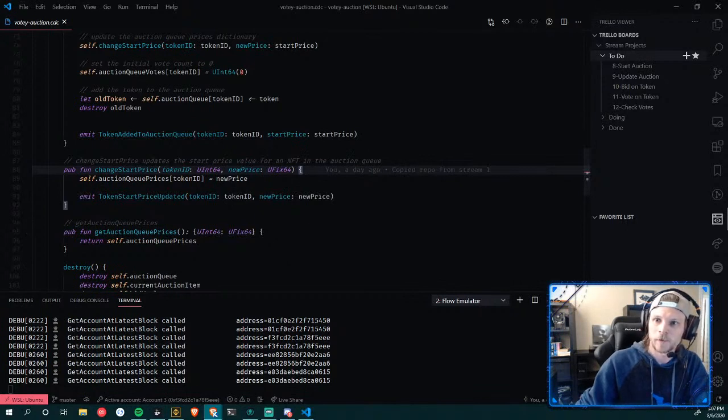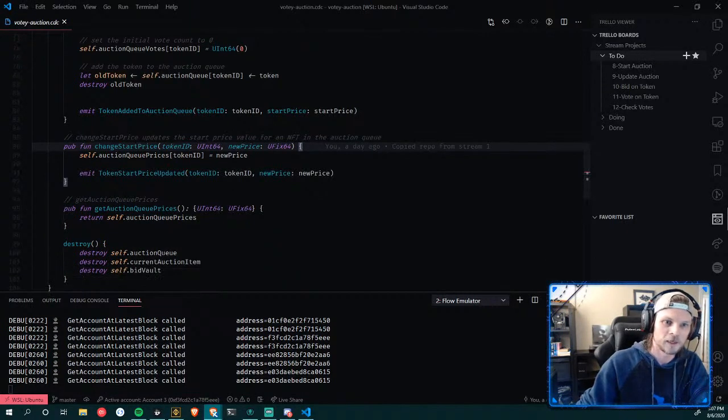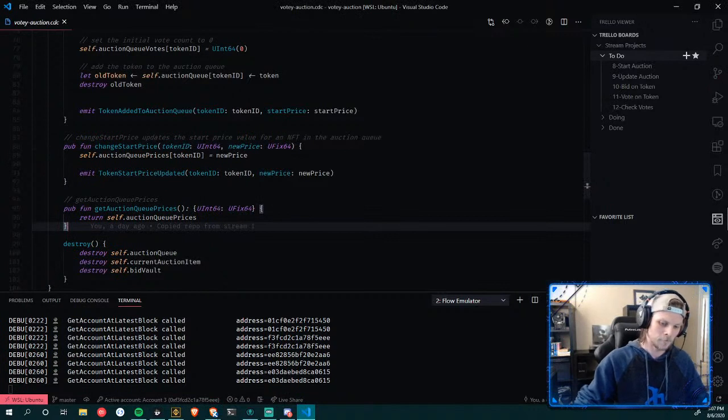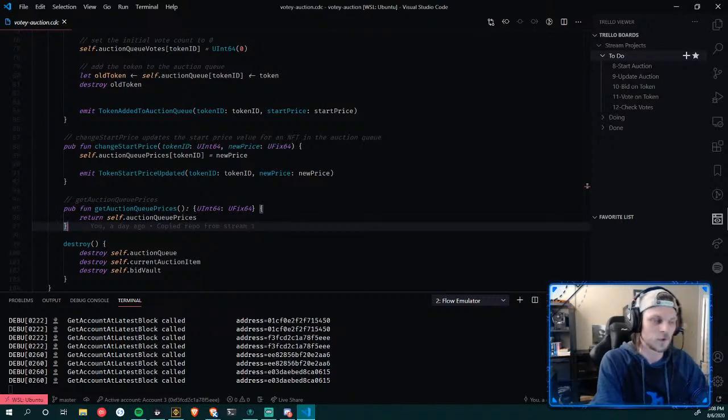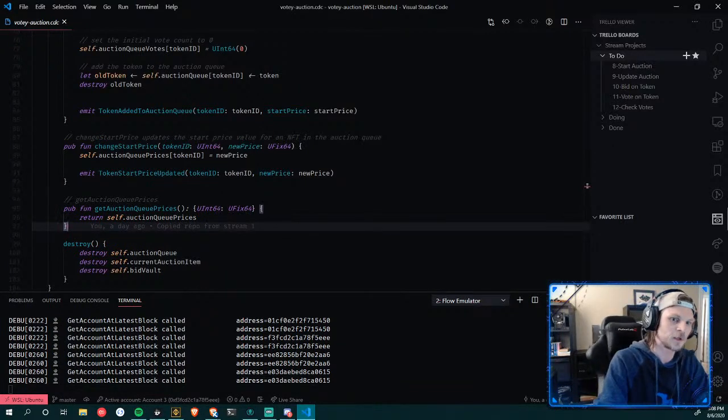So we're going to start, I mean, the idea is we want to add our start auction method, so we want the ability to actually start the auction after it's been created. The start auction method will be special because it has to log the current block number that the auction is starting on, and then it handles the most basic updating of the auction queue. So its first piece of functionality is to log the current block number, and its second piece of functionality,